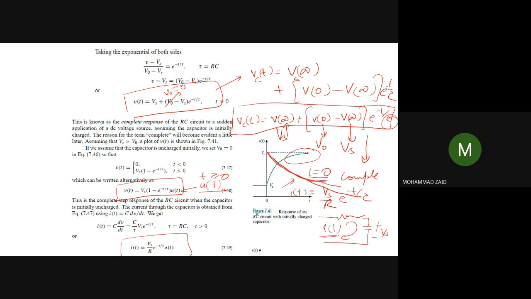And it should go to 0, because when the capacitor is charged to the source voltage, the potential on both sides will be equal, and hence the current will become 0. So this expression is correct, which is found by multiplying this equation, which we already told you in lecture 3.